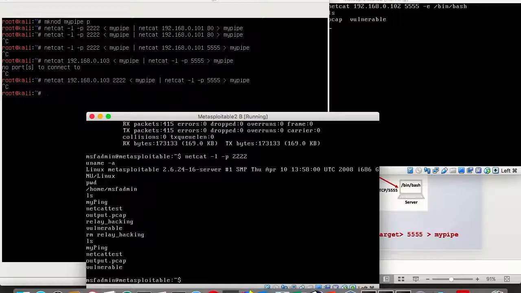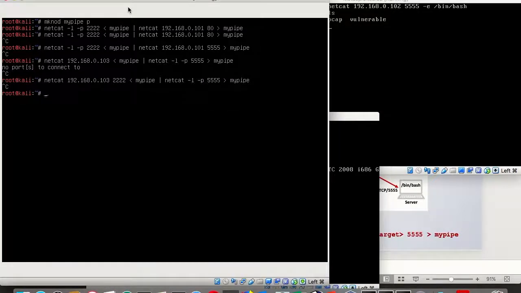Since this is server to server, we need to set up both netcat instances on the relay system in server mode. So netcat -l -p 2222, read anything from the pipe, and then forward it to the second netcat, which is also running as a server listening on port 5555, forwarding everything to the pipe.